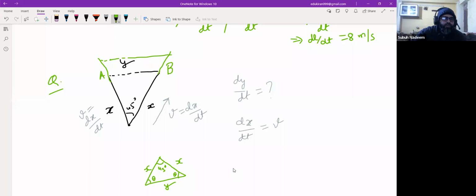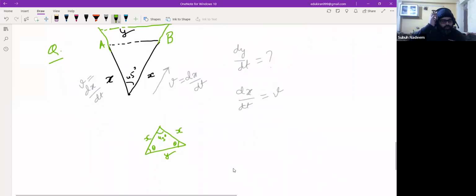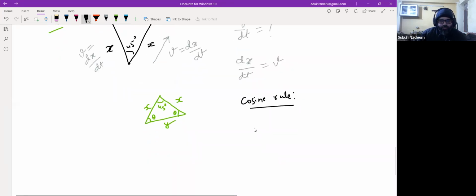There is a rule which has to be used here, you might have heard of it, the cosine rule. You heard it? Yes. The cosine rule says that in a triangle, because without the cosine rule we won't be able to find the relation between y and x. In a triangle ABC, if you take an angle A, suppose,